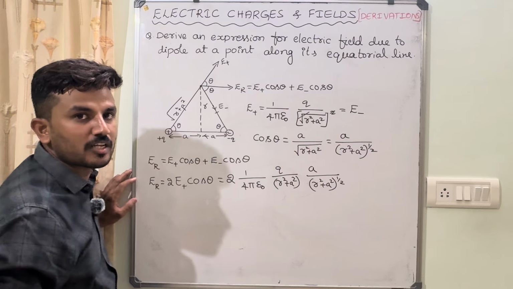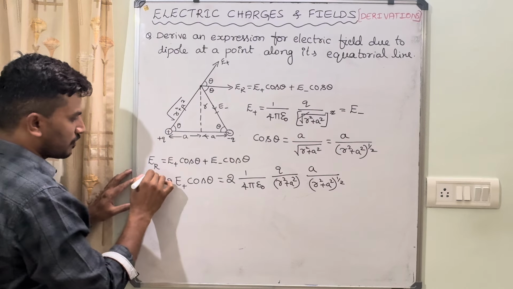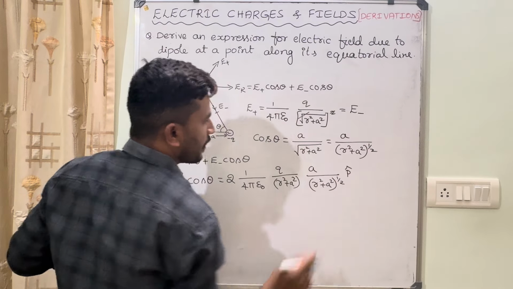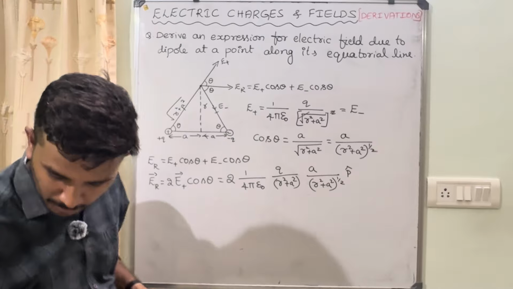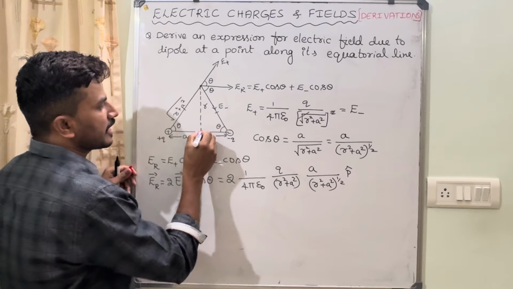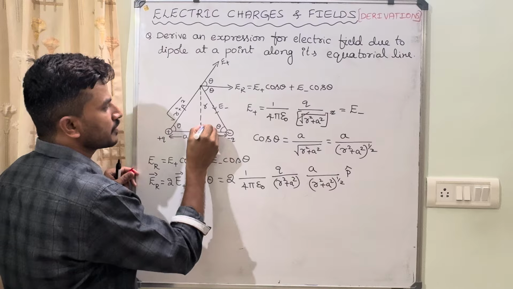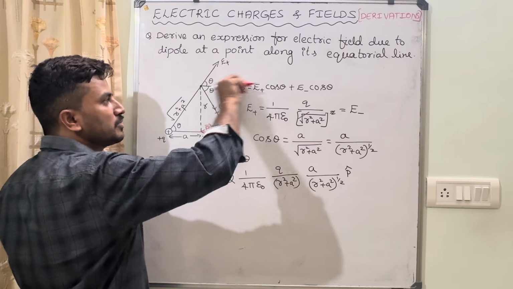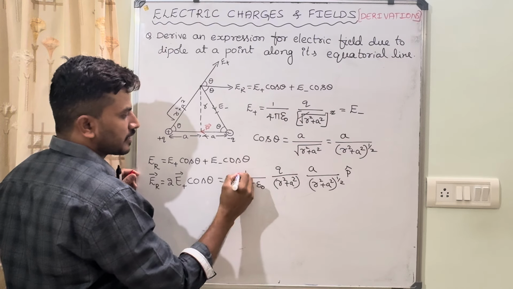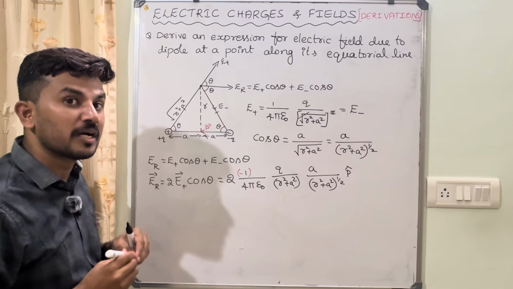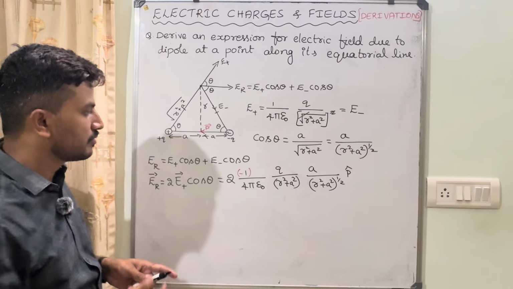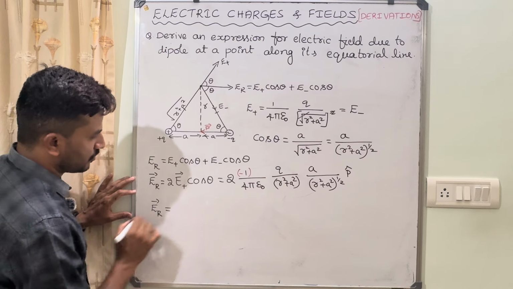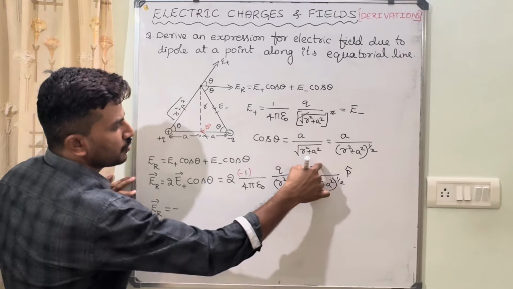Sir, can we write this in vector form? Yes. If you write this in vector form, here you have to write p cap. What is p cap? Dipole moment. Look at this. Dipole moment is directed from negative charge to positive charge. Yes or no? But E resultant is opposite to p cap. So we have to write minus here. Therefore, E resultant in vector form is equal to minus 2aq, I will write separately,